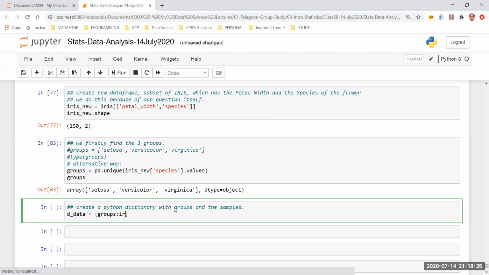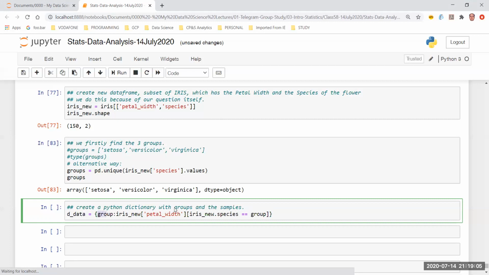The petal width comes from where? Iris new petal width column, where I have the species, iris underscore new dot species is equal to each of the group. So I have to write over here group.